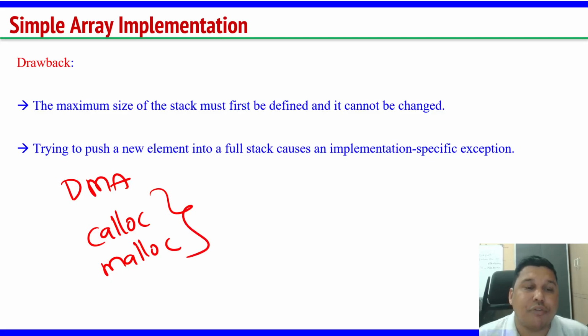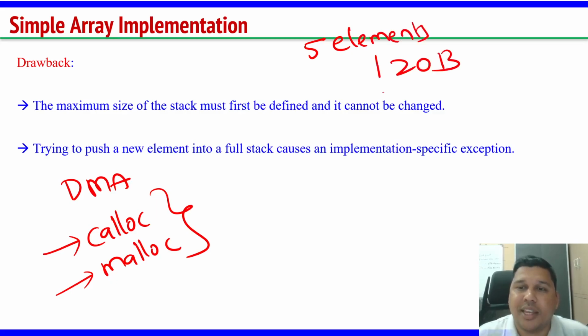Now, you can use any one of them. This is continuous allocation, this is random allocation. Malloc means it will allocate memory at different locations, maybe not different, maybe at the same place, but in different blocks, whereas calloc will do it continuously in a single block. So, if I create an array using dynamic memory allocation using calloc or malloc, if I create some 5 elements, if I reserve some 20 bytes using these two,